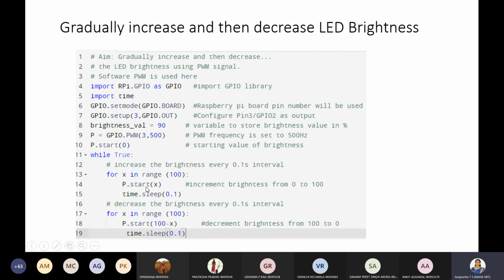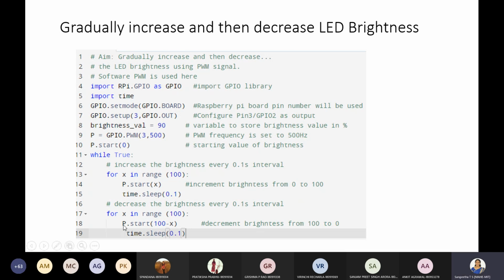This keeps incrementing through the range and changes the value of x from 0 to 100, so we will be able to see the brightness value changing from 0 to 100. The delay given is 0.1 second, so that you can see the gradual increase. Here you will see the LED go from a dim light towards high brightness.